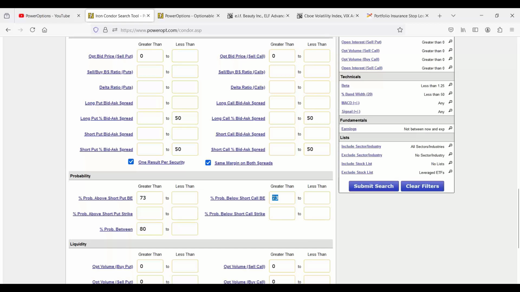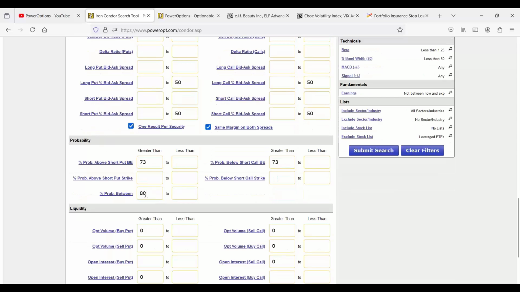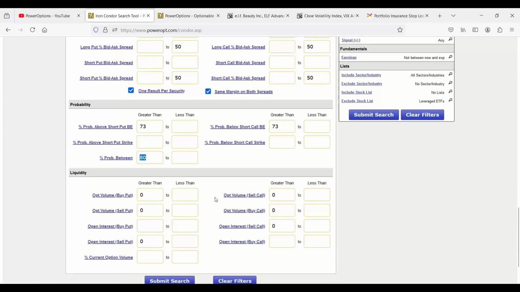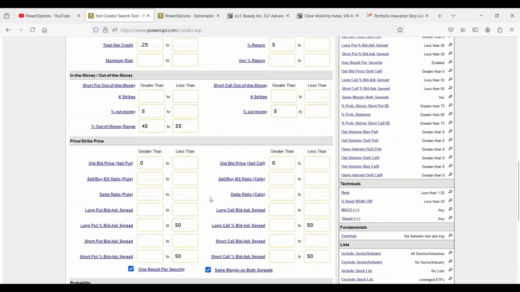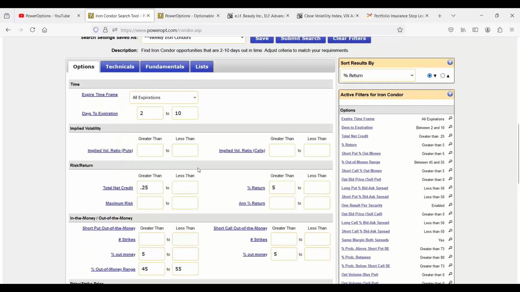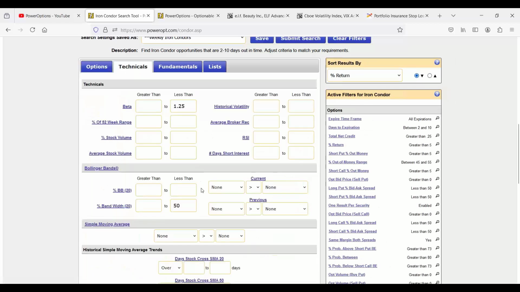probability above the short put or short call, probability above or below, I should say, break even, and the percent theoretical probability the stock will be between the two short strike prices at expiration, basic liquidity as well. Okay, so you've got a lot of things that you can screen for, but then the same thing, stock technicals,